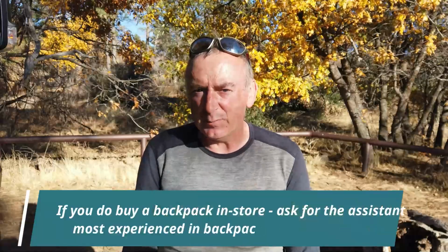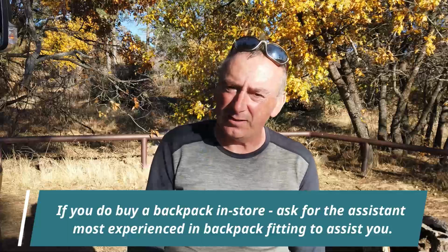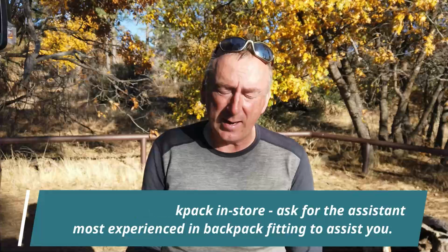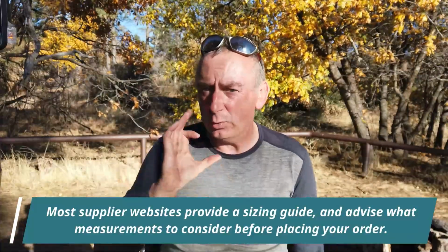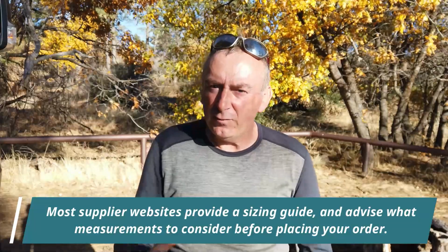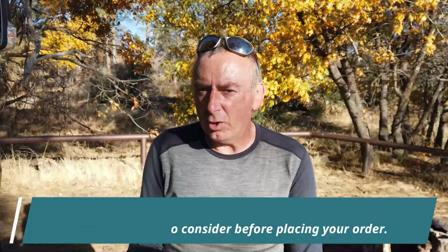Now, when it comes to fitting, if you get a chance to go into a store, I obviously would advise it. But a lot of these brands like the Hyperlights, the Z-Packs, and all the cottage brands, you normally just look through a sizing guide online, order a size, and they'll send it to you. If you find it doesn't fit and you send it back, I've not heard of people having problems with companies saying, okay, we'll take it back. Only if you've obviously used it or worn it will they complain about or refuse to take something back. They want their packs to work on their hikers, and they want good reviews. So it's in their interest to be helpful. So if you look at the sizing guide,